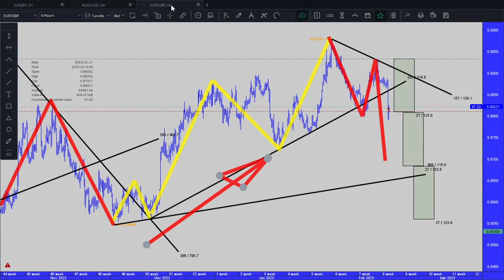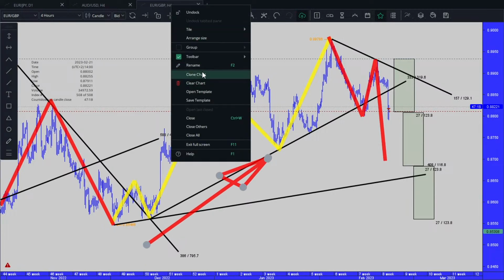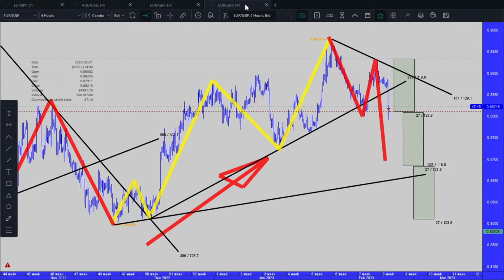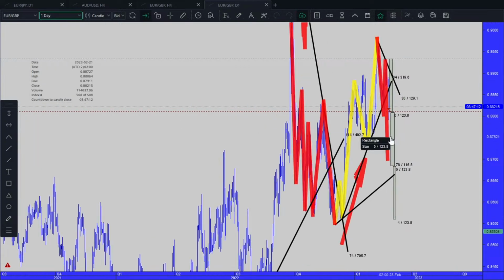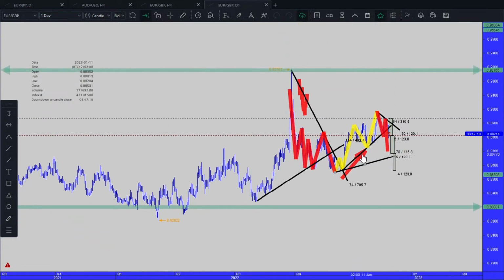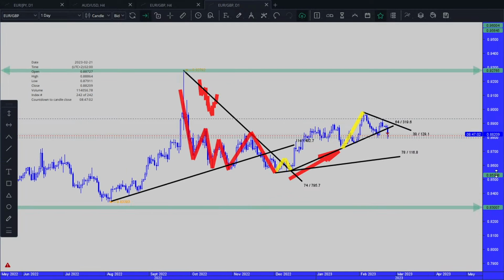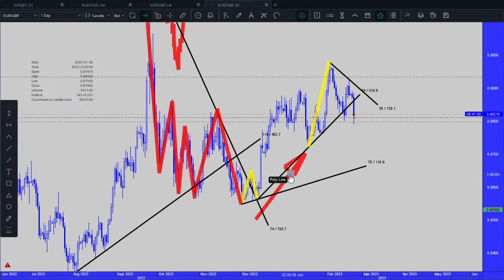And what else did we learn? We learned about the confirmation time frame. So if this is the 4-hour time frame, we need to go on the daily and delete a few things and try to make sense out of the daily. Let's see what is the daily telling us, right? Out, delete, delete, delete a few things to be clearer.